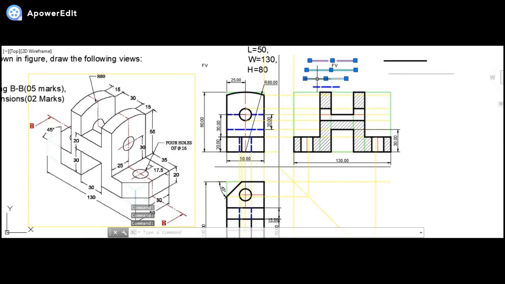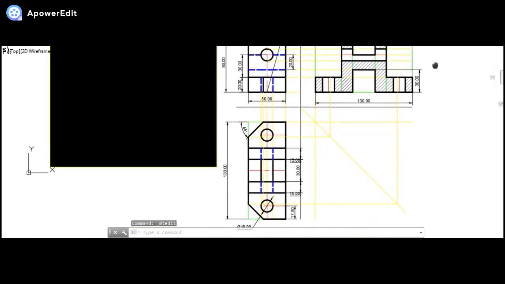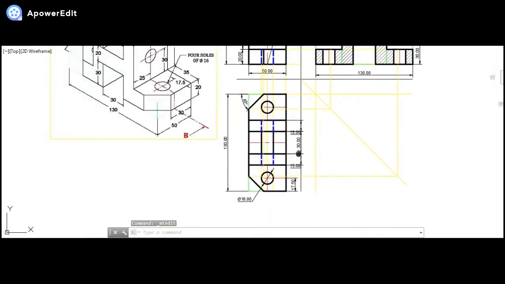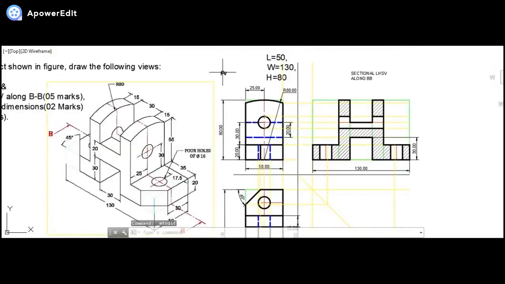I don't want these lines, so I can just remove these now. Okay, this is the sectional LHS view, LHS view along BB. Last but not the least, the top view that we have drawn.